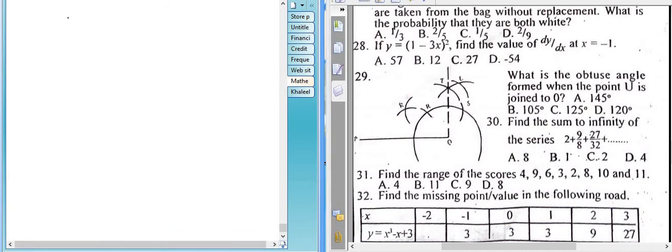That's the series of numbers 2 plus 9 over 8 plus 27 over 32. So the series is given. We know that we have to find the sum to infinity, and we know that a is given as 2